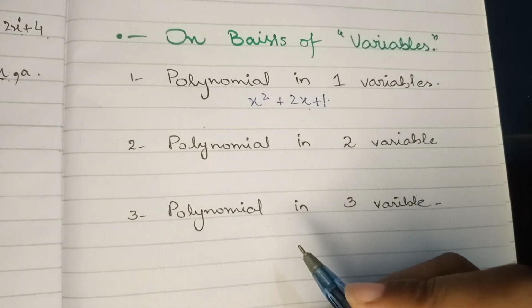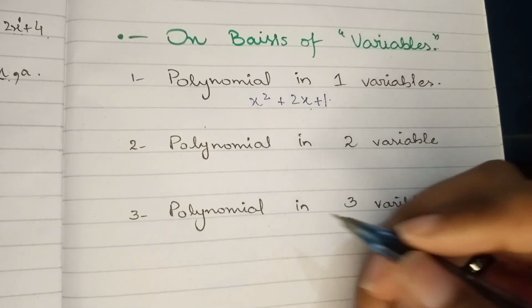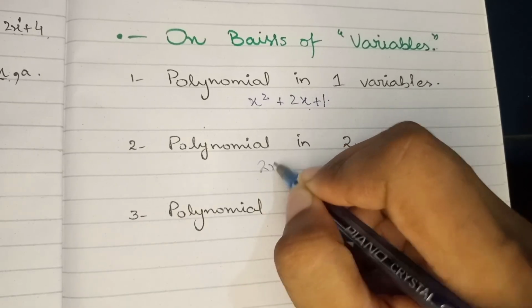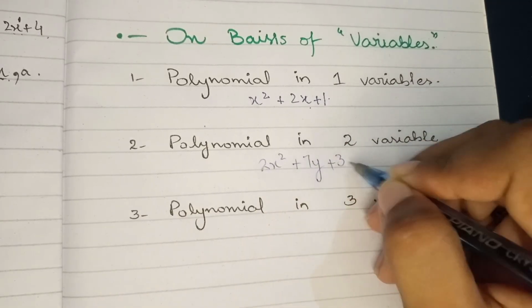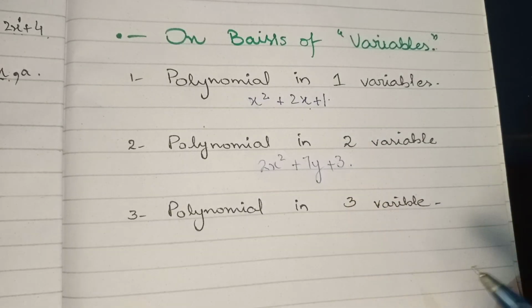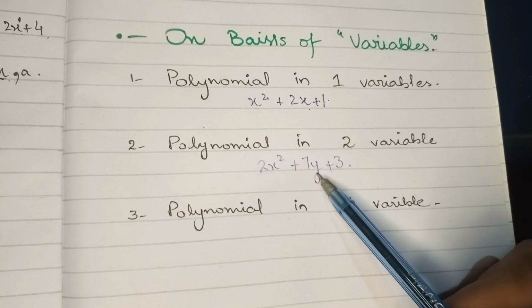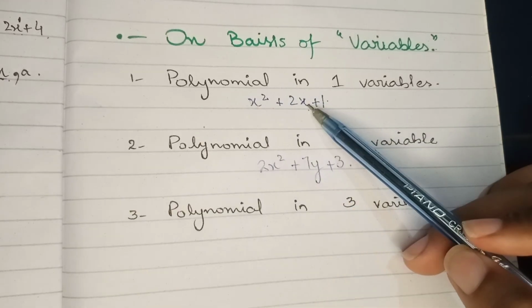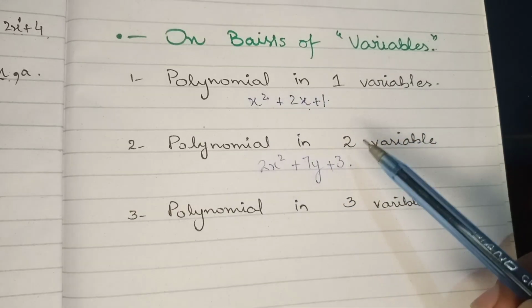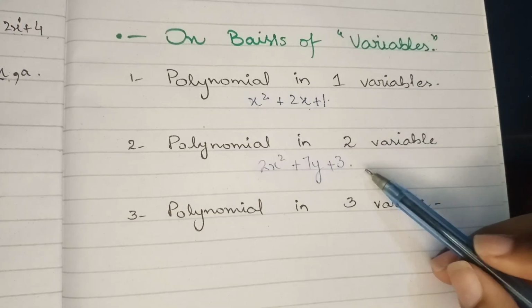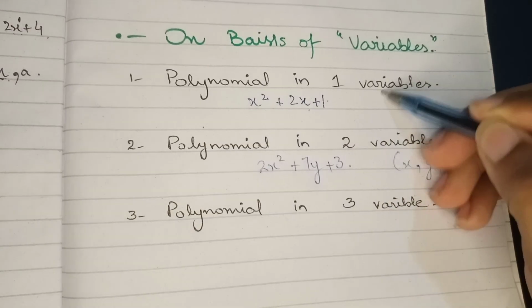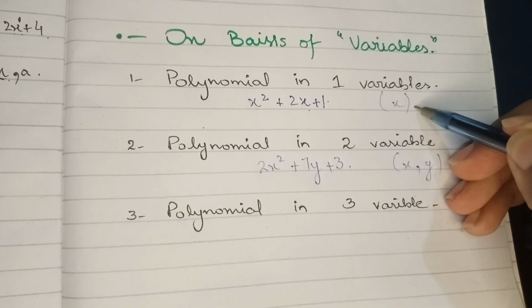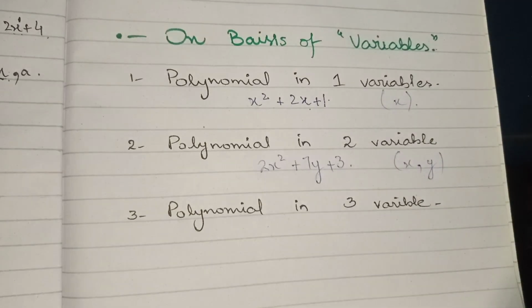If I talk about a polynomial in 2 variables, then 2x squared plus 7y plus 3. It is an example of a polynomial in 2 variables. As you see, x and y are the 2 variables. These are x and y. In the first example, only a single variable x is present. In the third example,